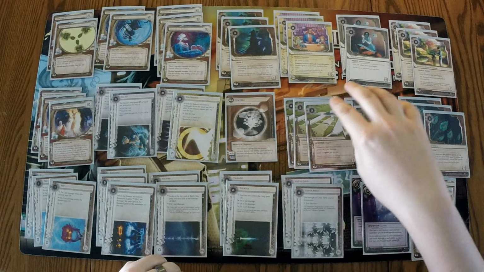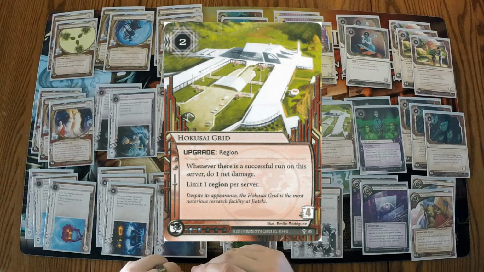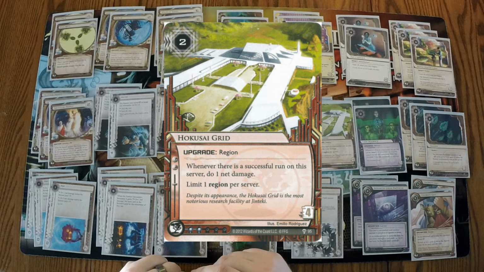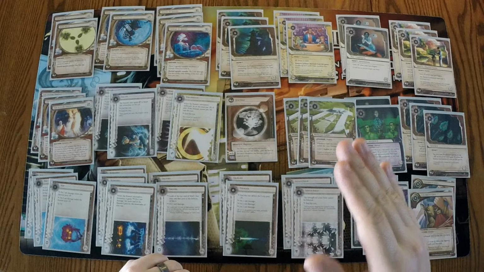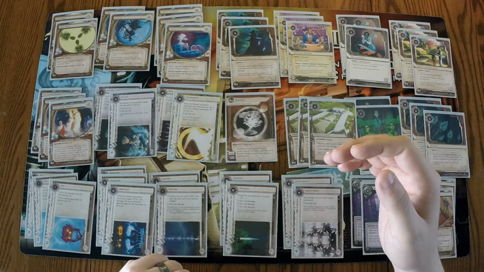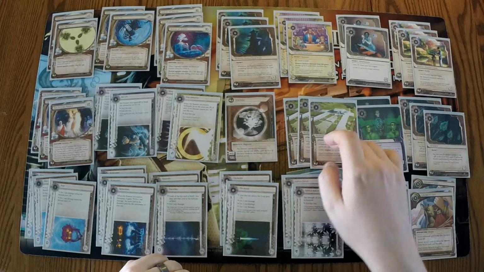The other one is Hokusai Grid. Hokusai Grid, for those of you who maybe have never seen it before, is a 2 to res, 4 to trash upgrade that says that whenever there's a successful run on this server, do 1 net damage. It's a region, so there's a limit of 1 per server. But this has an interesting interaction with Keyhole. When you use Keyhole, it's a successful run, but you don't access any cards. Which means, if you make a Keyhole run, I get to do the net damage to you,